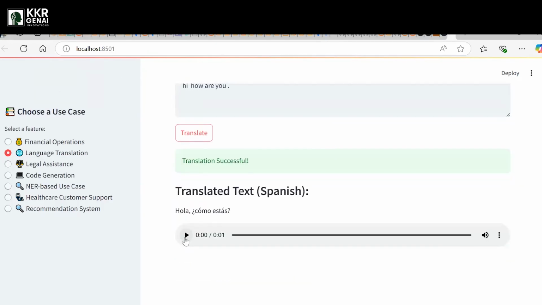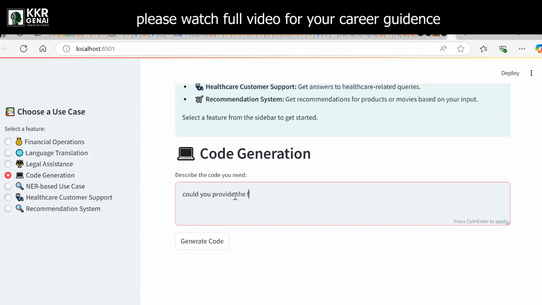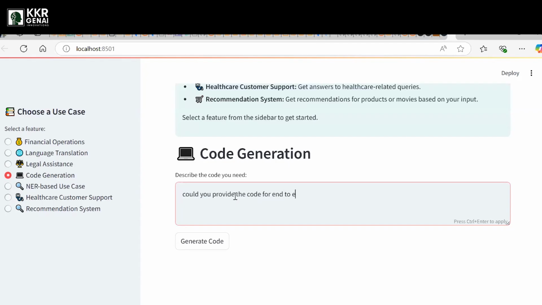You can even convert this text to voice. Hola, ¿cómo estás? Even you can create your own tools, like code generation as well. Hey, could you provide an ML model development?